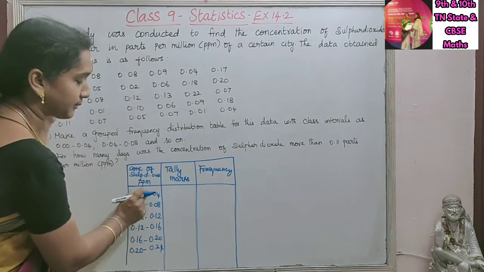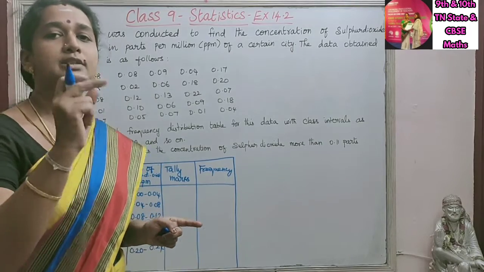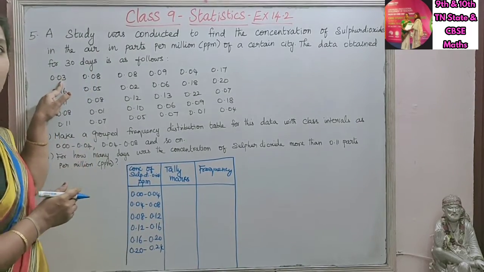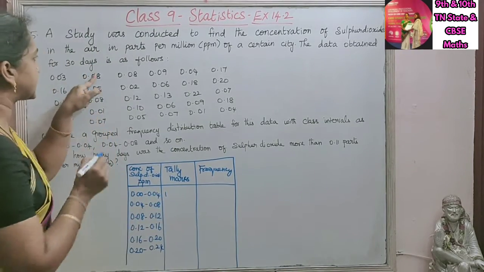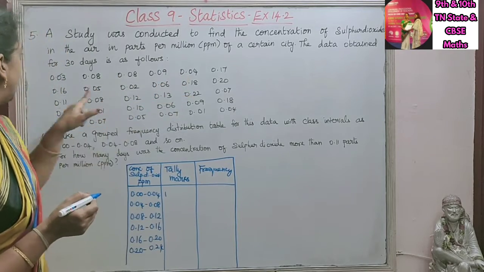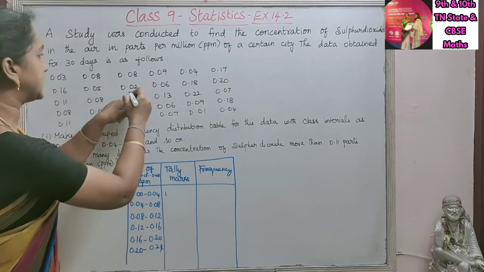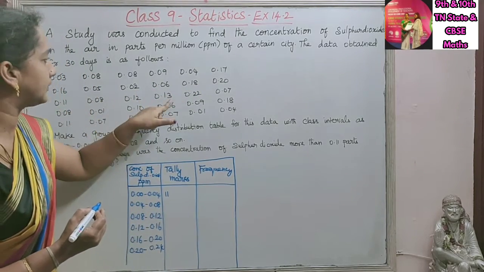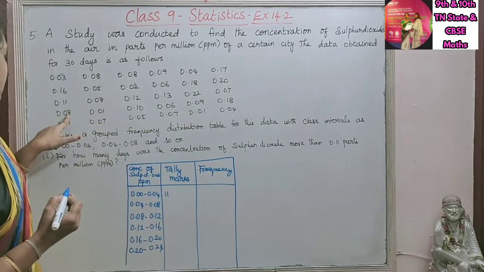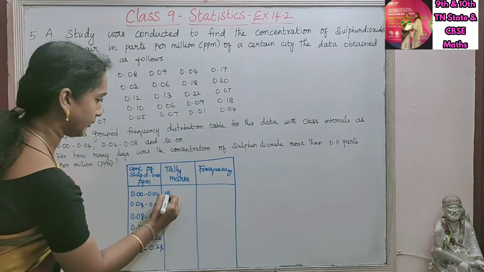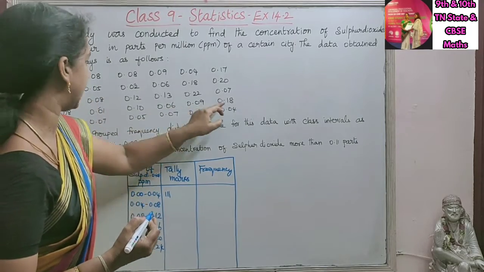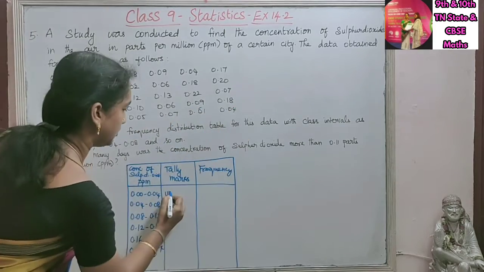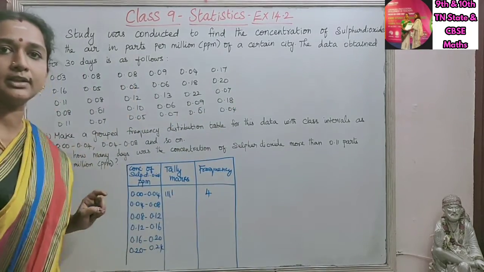For the first class, we will take the values 0.00, 0.01, 0.02, 0.03. Only these 4 things we will take. So the first one is 0.03, then the next one is 0.04, which we are not taking into account. Then 0.02, and then the other values: 0.11, 0.08, 0.12, 0.13, 0.22, 0.07, 0.08, 0.01. So this also we will take. Then 0.06, 0.09, 0.18, 0.11, 0.07, 0.05, 0.07, 0.01. So only 4 for the first class.